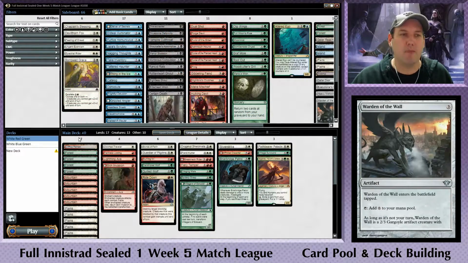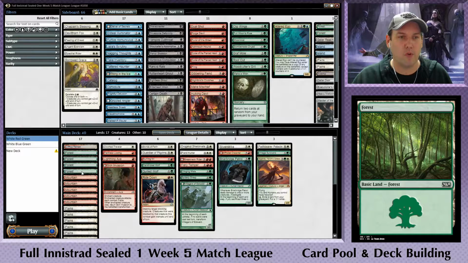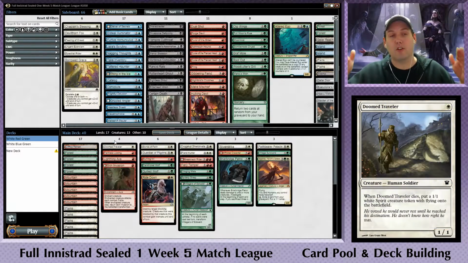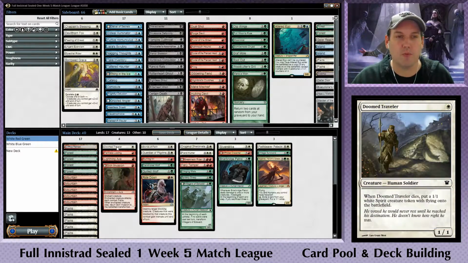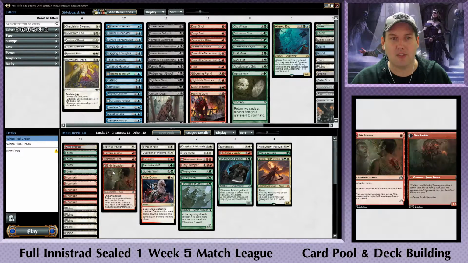So we'll start off with the mana base for this one. We have Clifftop Retreat, which is good mana fixing. We have 4 forests, 5 mountains, 6 plains, and the Shimmering Grotto. Now for the rest of the cards, starting with the 1-drops, we have Doomed Traveler, Faithless Looting, Lightning Axe, Skin